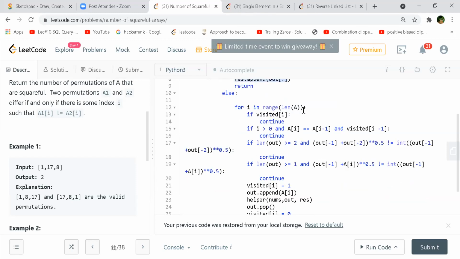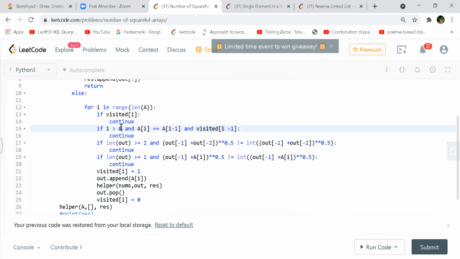Now go through each of the elements. If it's already visited, you don't do anything. And this is just for checking the duplicates, right? If both of them, previous and current, are equal and it's already been visited, then you just skip that. Oh, so you do it for i greater than 0 in that case, correct? Yeah, i greater than 0.